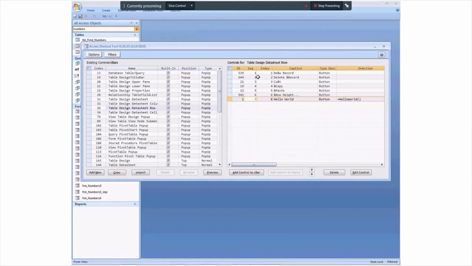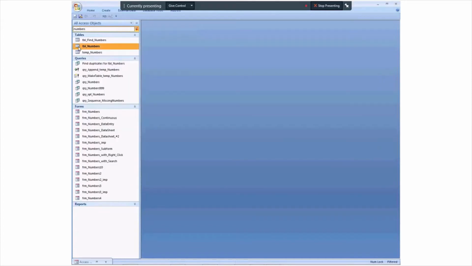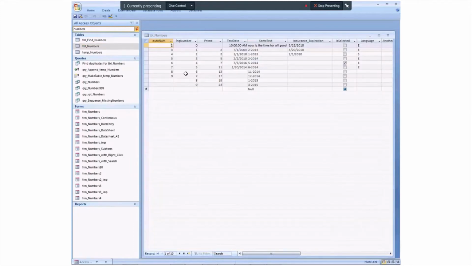Control. And I'm just going to minimize that, and I'm going to go to this table, open it up, and if I click on that row and right click, you'll see that there's a Hello World button here. And the function I have just does the basic Hello World, pop-up message box. But you'll also see what I was talking about on the right-hand side was it's hard to determine what command bar you're looking at. I would have had no idea what command